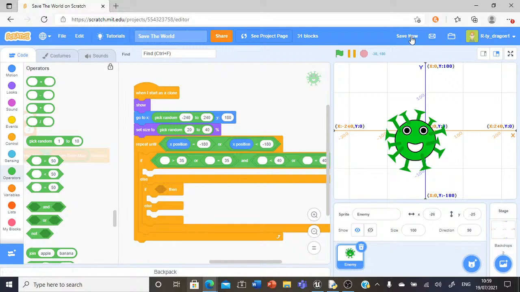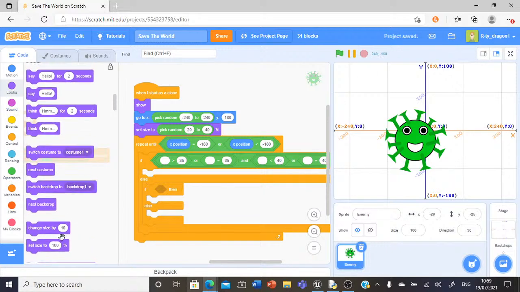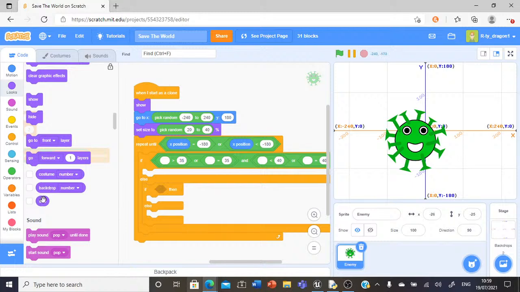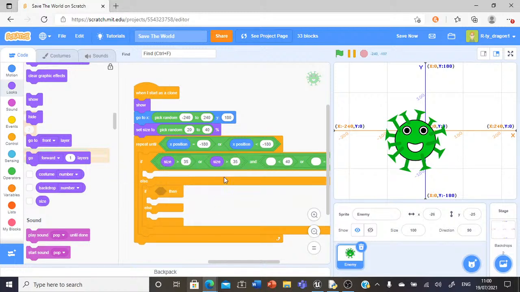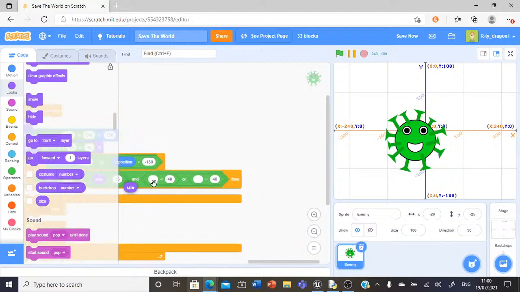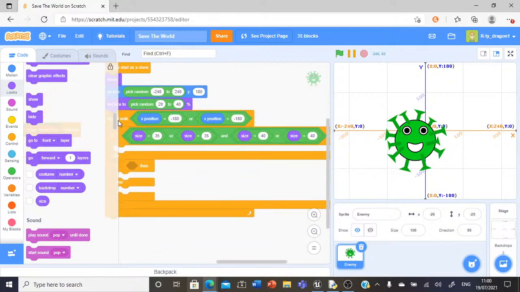Let's drag that in there. Let's do size. Yep. Then, so if size is greater than 35 or equal to 35 and less than 40 or equal to 40, then